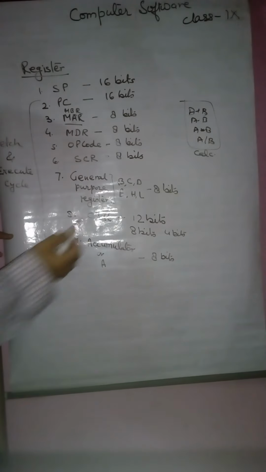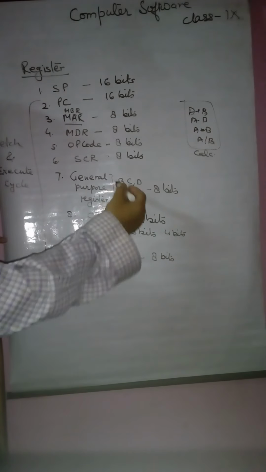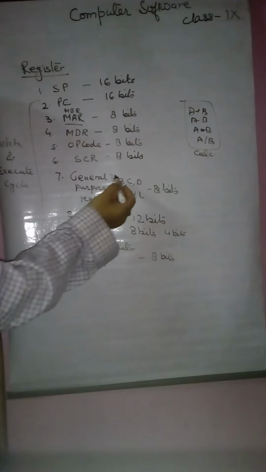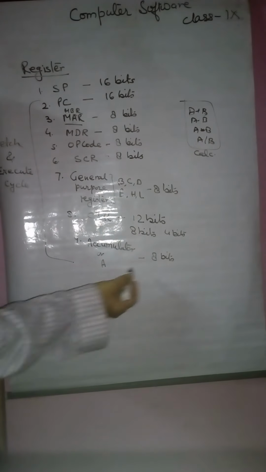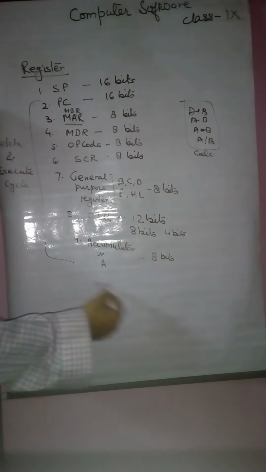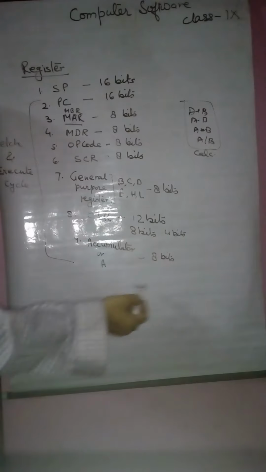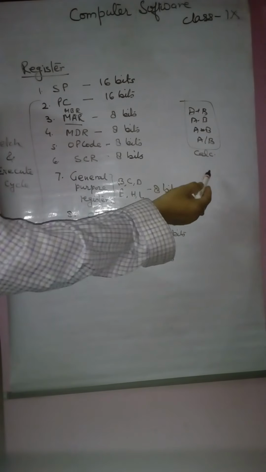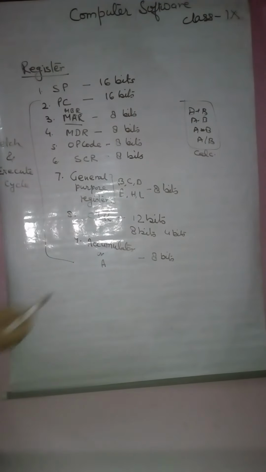Remember always that these are general purpose registers. Wherever space is required, they provide their services. Suppose more bits are required here, then these can be used. And the entire cycle is performed until all the sub processes execute. That's why it is known as the fetch and execute cycle. So it is all about memory and